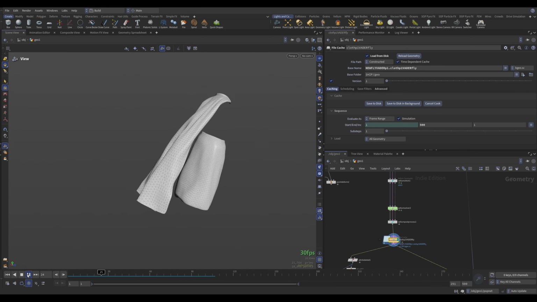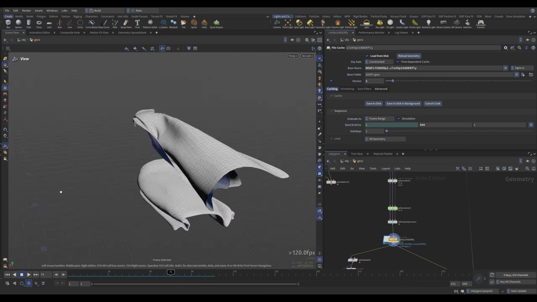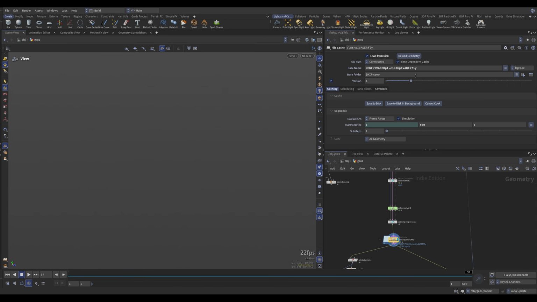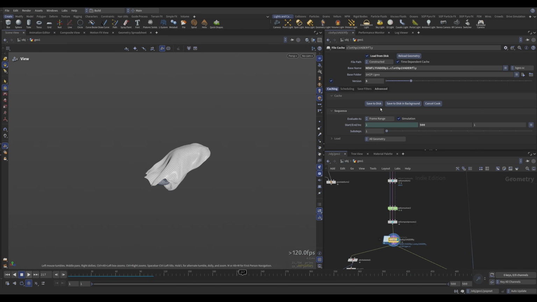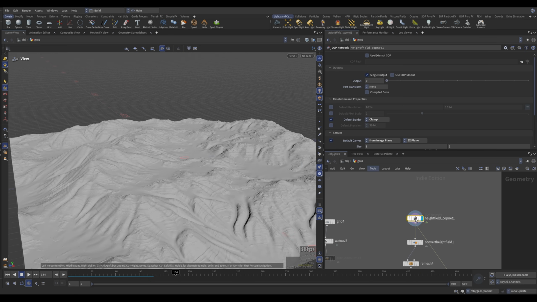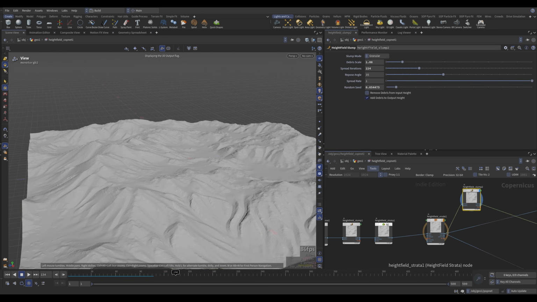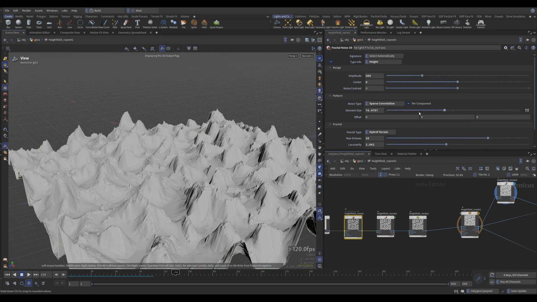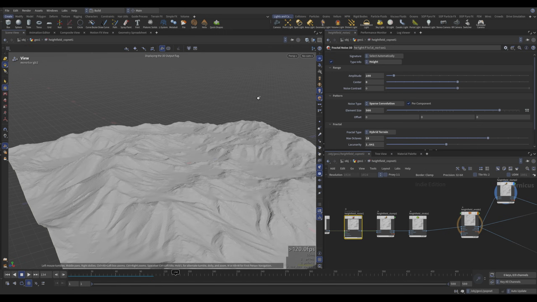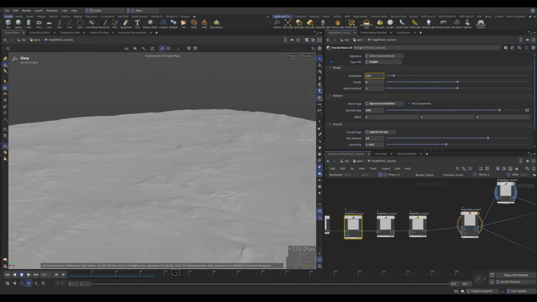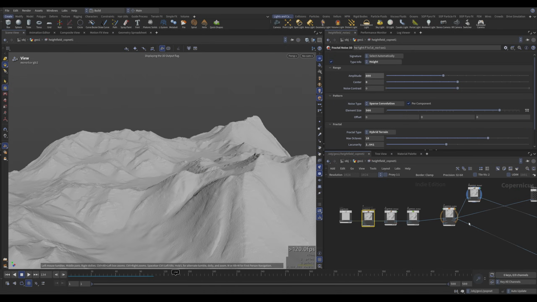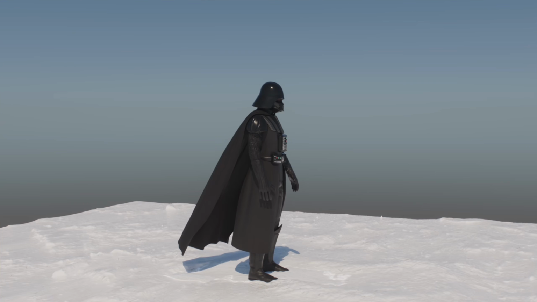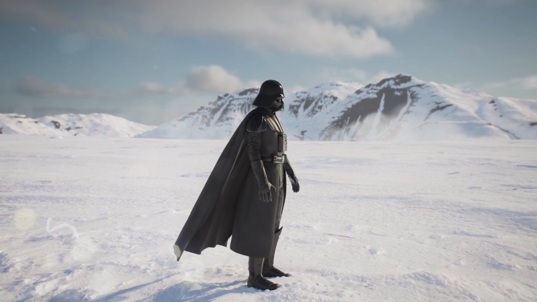The cloth is the big one. Set it up once and after that I can just drop in a new animation, tweak the wind a little, and the cloth simulation is basically ready to go. Same story with terrain. Houdini's newer terrain system let me build the landscape once and reshape it for whatever the scene needed, instead of starting from zero every single time. Combine all of that, the snow trail interacting with the character, and a bit of compositing, and after 3 days the first